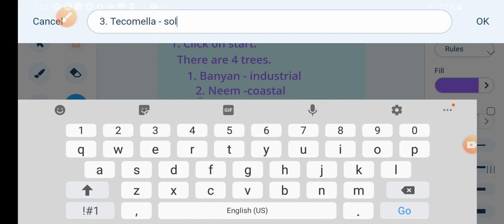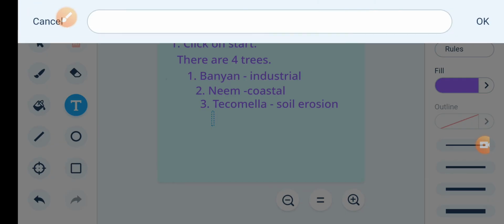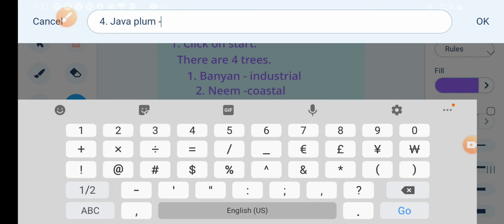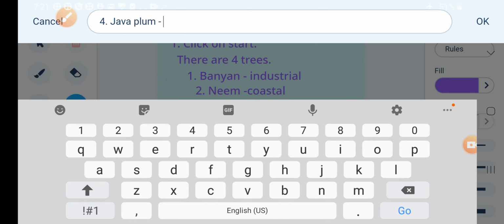That is, tecamola tree should be placed on soil erosion landscape. Fourth is java plum tree, and that should be placed in high wind landscape.